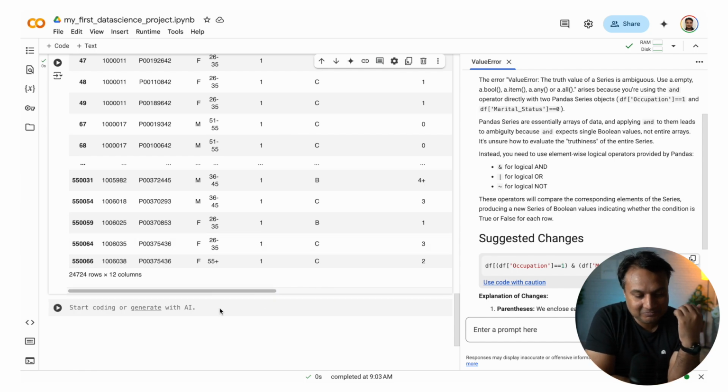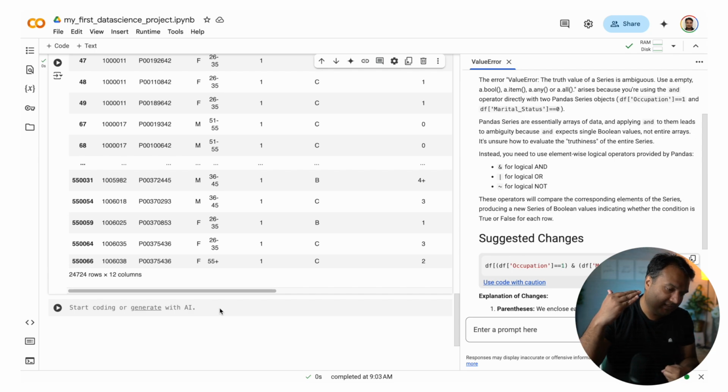But then you have to do it one time for the 0 value of marital status, and a second time for marital status equal to 1. So you have to make some steps here, right? But with group by, you can just say, I want to group the people by this category, and I want to give you this statistic. It will make much more sense once we get into the code.